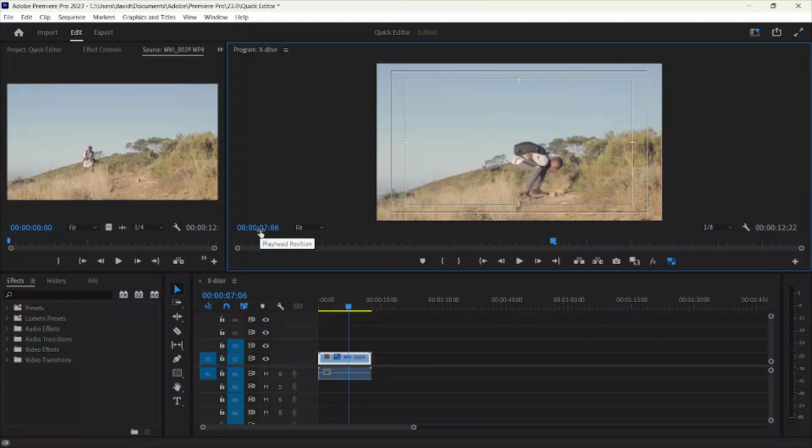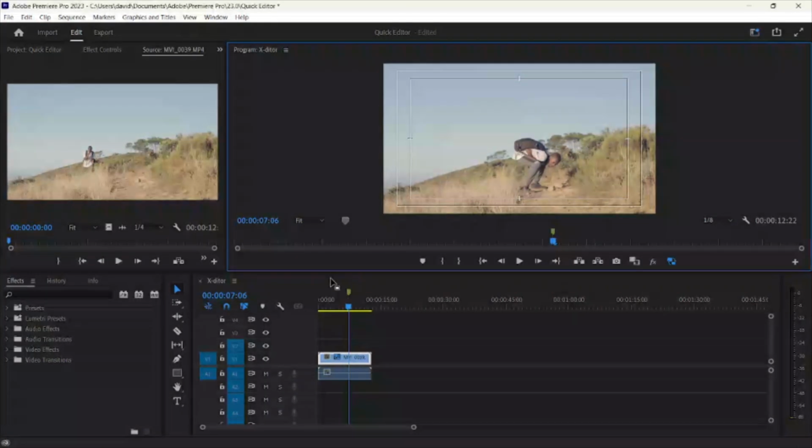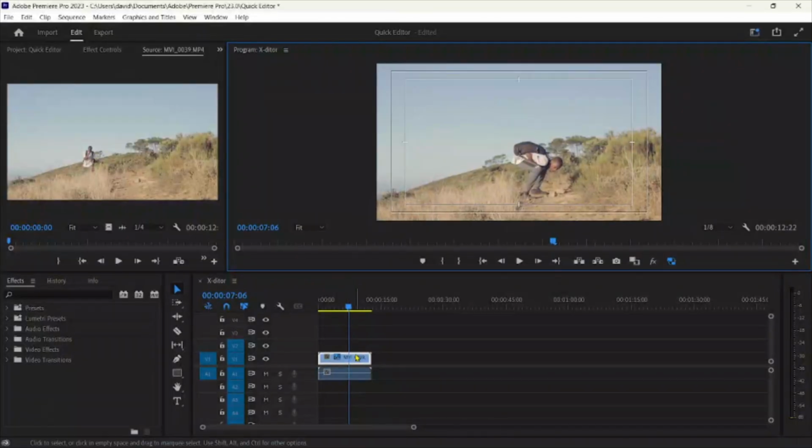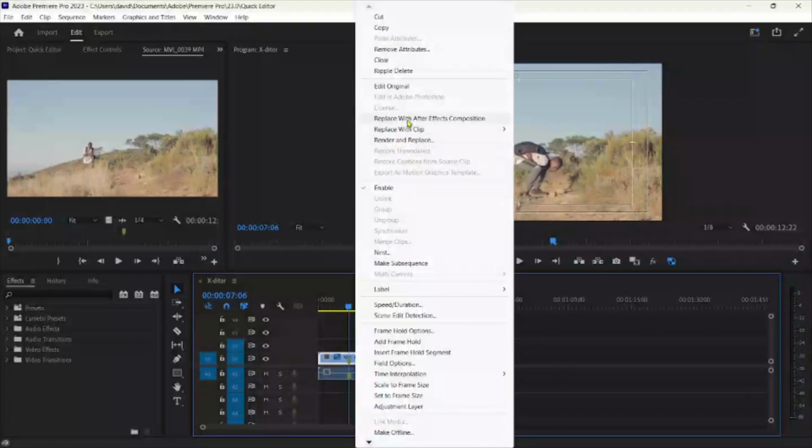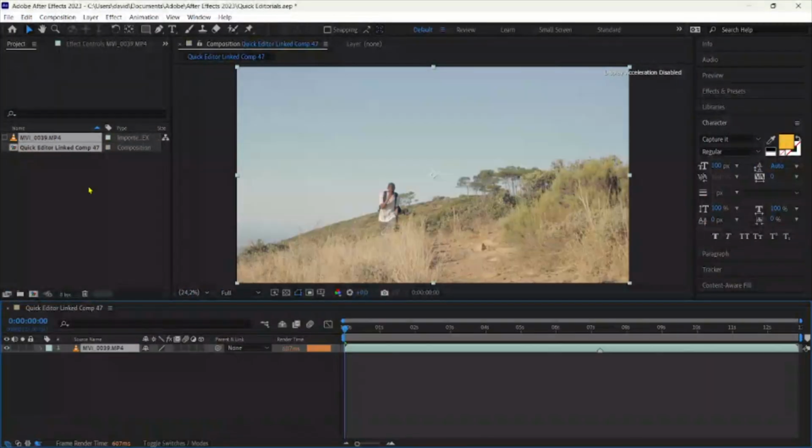Right about there should be fine, I believe. Yeah, right there. Then you're going to go ahead and right click onto the clip on your timeline once you're ready, and select Replace with After Effects Composition.